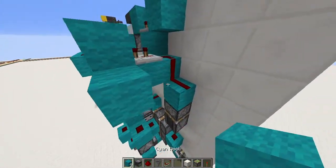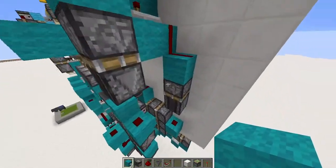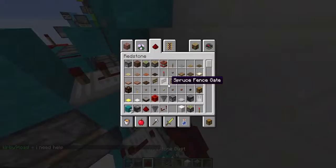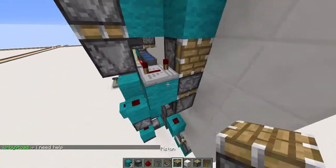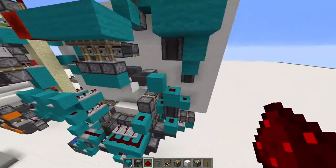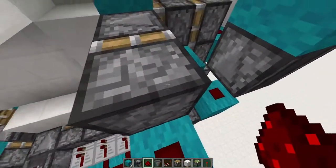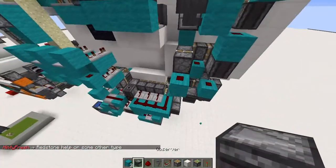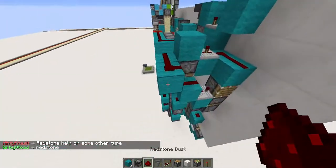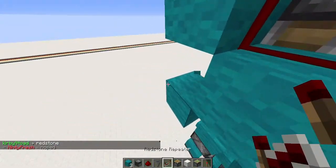So you just, I'm gonna place updater. So I'll just do a little double piston extender at the beginning. Then we gotta power this one. So to do that, what we're gonna do is from this 4-tick, we're gonna another